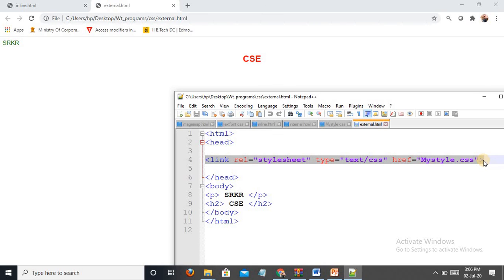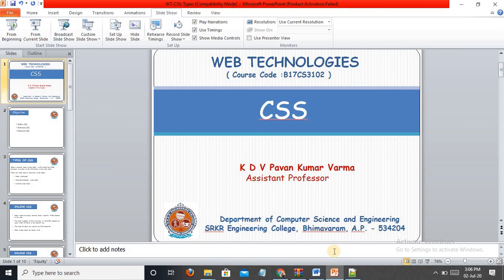This is the main advantage of external CSS. You can use just one link in 100 web pages and it will be applied. So just follow the 3 simple rules for inline, internal and external. It is very useful, very colorful and a very interesting topic also. So thank you.